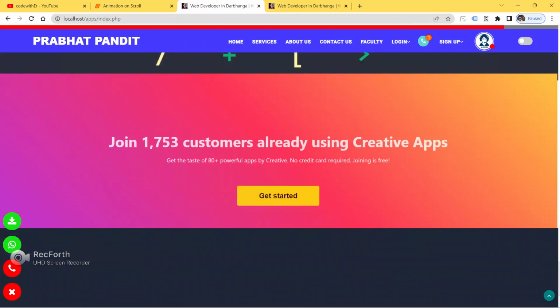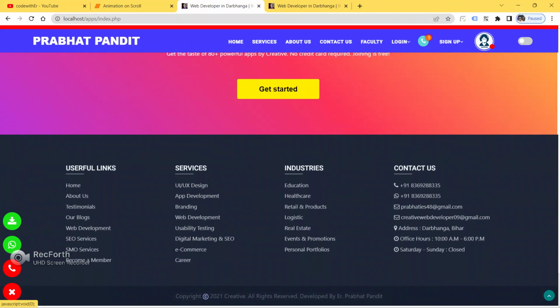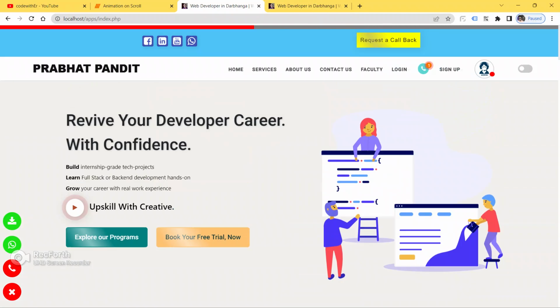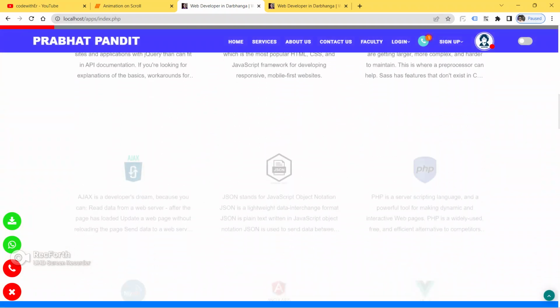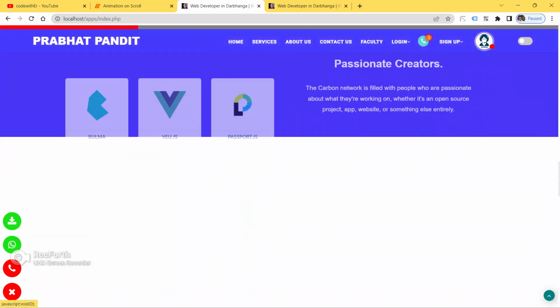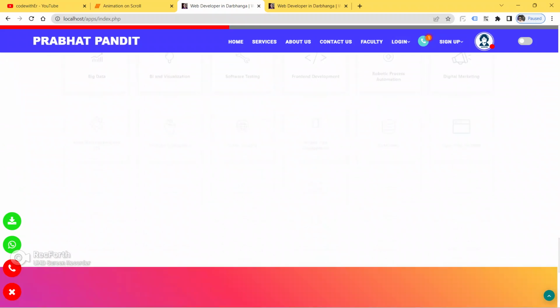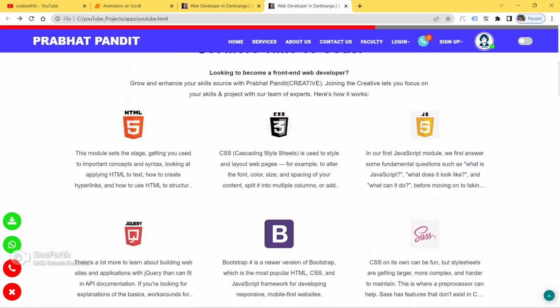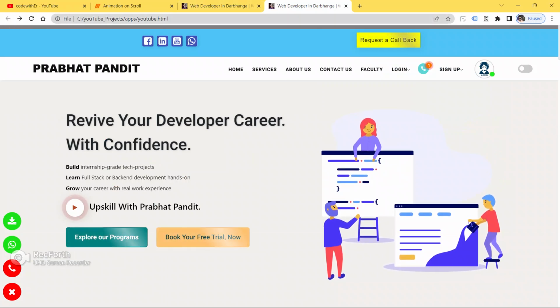Let me go to the website on which we are going to apply this animating effect. That one is fully animating, but as of now this one is fully static.